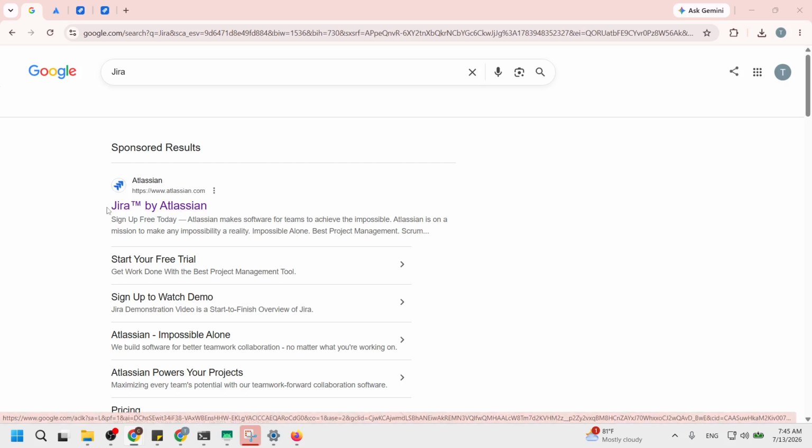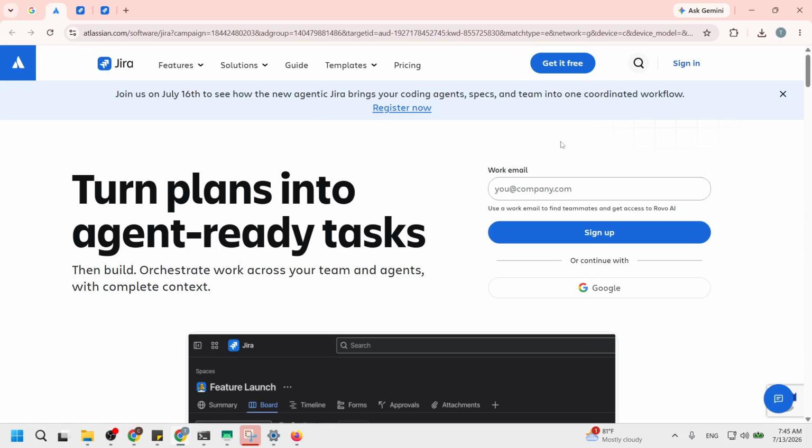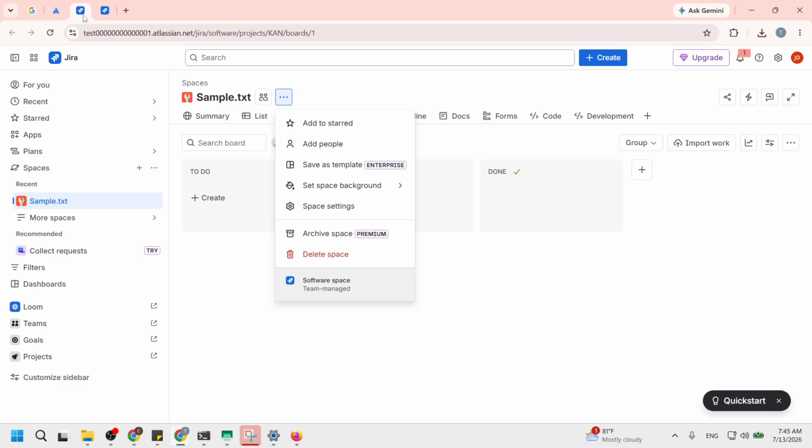Next up, click the correct link and log in if prompted. You may need to enter your username and password to access your Jira account. If you are already logged in, you will be taken straight to the Jira dashboard. Logging in is important because it verifies your identity and ensures that you have the necessary permissions to manage spaces. After entering your credentials, click the Login button. You should see a welcome message or your dashboard once you are successfully logged in.